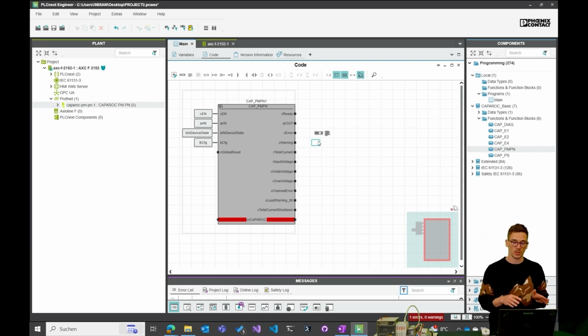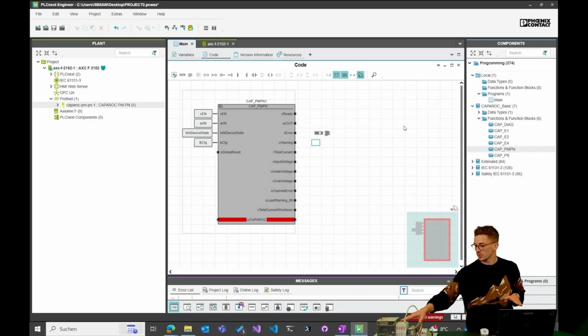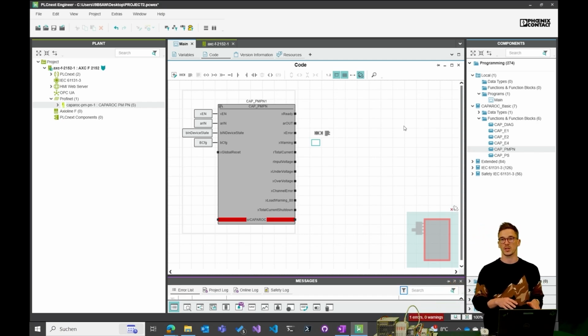So we will see it in a following video where I explain the use of the visualization. And you can enable and disable to write from the visualization. So for example, the different circuit breakers, you can enable and disable the channels. You can do it here over the function blocks.